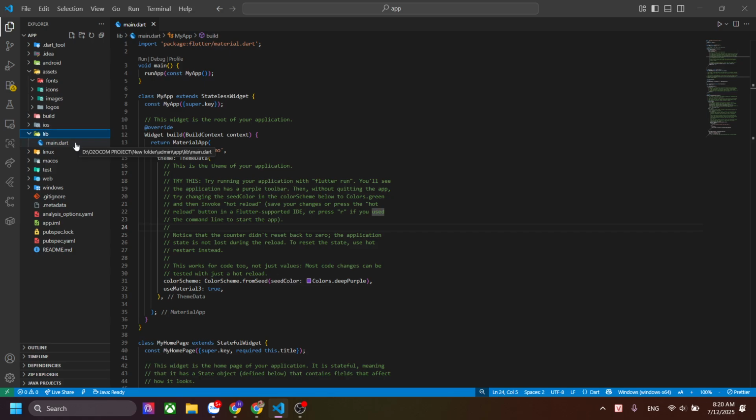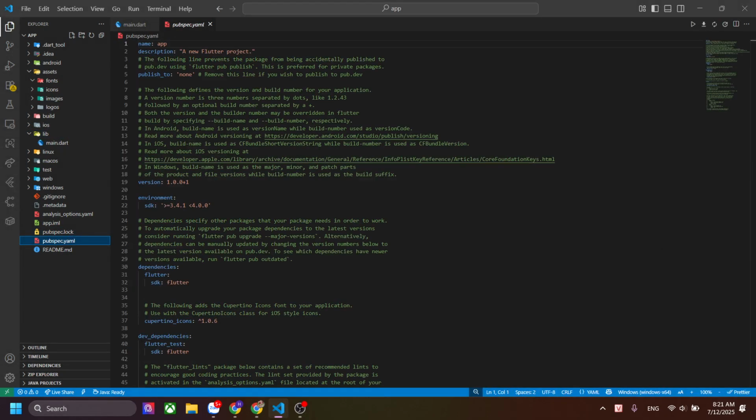Okay, now let's talk about the pubspec file, which is the pubspec.yaml file. This is a default file, and you can see a lot of comments over here. This file contains the name, description, publish version. You can see the version over here, and the SDK which the application is currently using. After that, inside the dependencies, we will add all the packages. You can see the one added by default, which is Cupertino icons. After that, we have development dependencies, and then down